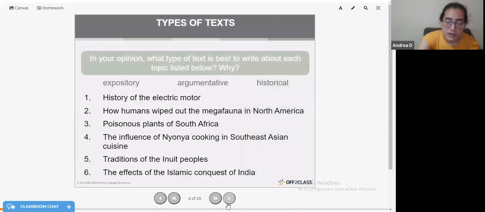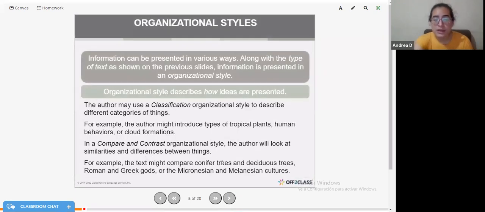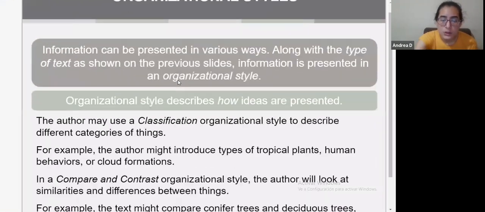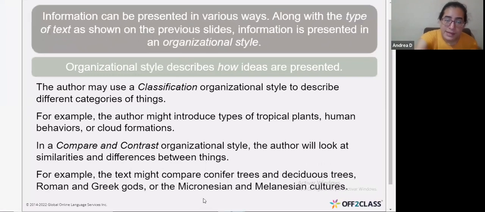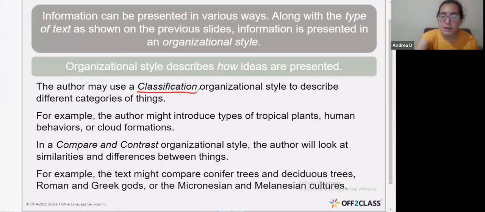And one more thing, within an explanatory or each type, you can have different types of lectures as well. So for example, you can have a classification. Maybe you have types of nuclear energy. Maybe you can have a contrast or a comparison, maybe capitalism versus communism. So when you have that contrast, you're going to be looking for the similarities and the differences. You can try to do bullet points for each one, okay? Or maybe a chart, similarities and differences, capitalism, communism.